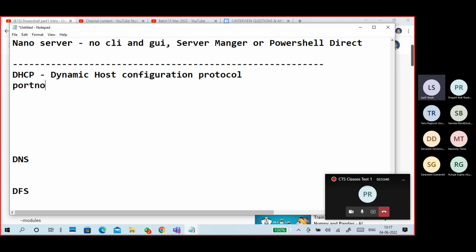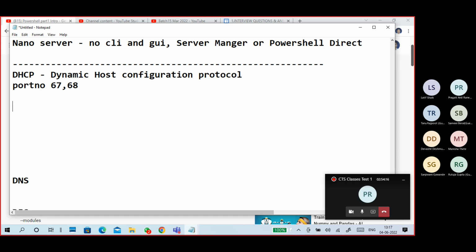Port numbers 67 and 68. Sometimes they will ask the question, what is 67? What is 68? Even if you got confused, no problem, guys. Like for example, you are sending a request with 67 and receiving from the server with 68. These are listening ports. Server listens on 67, so it will take the request on 67.